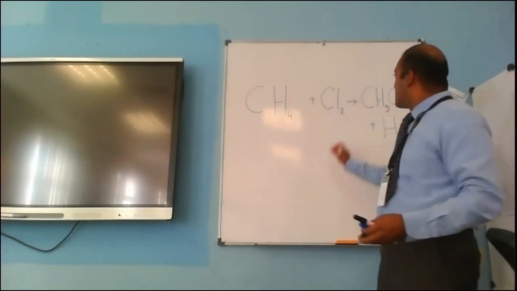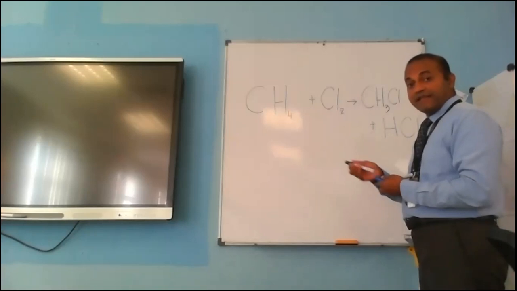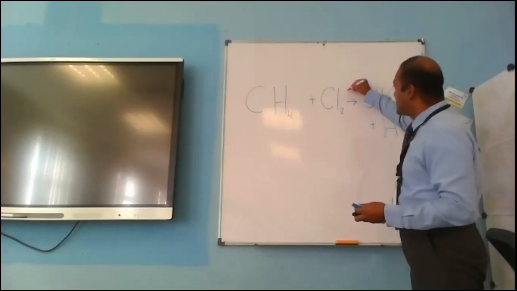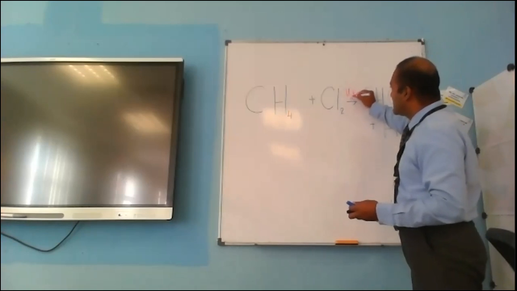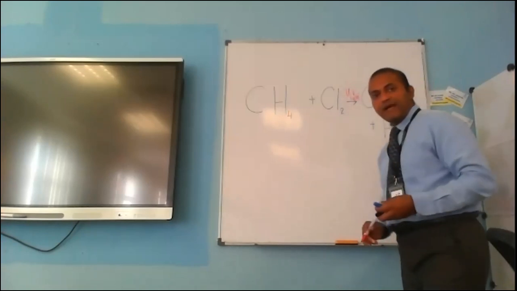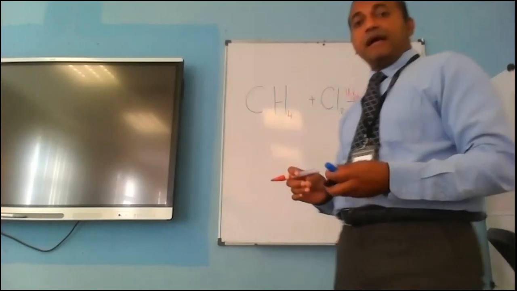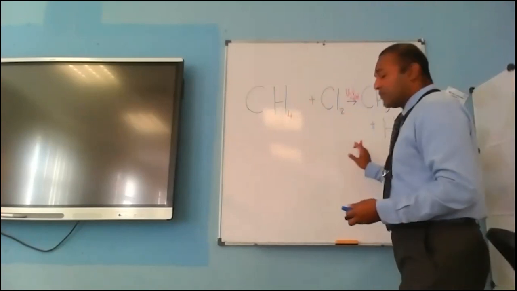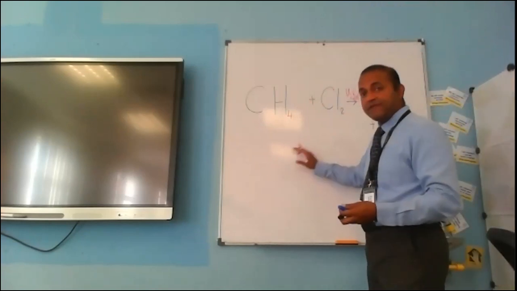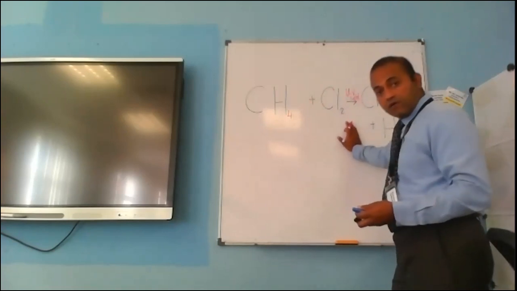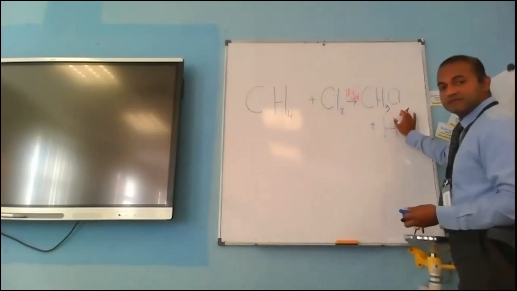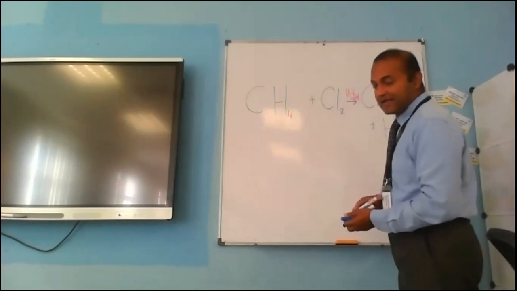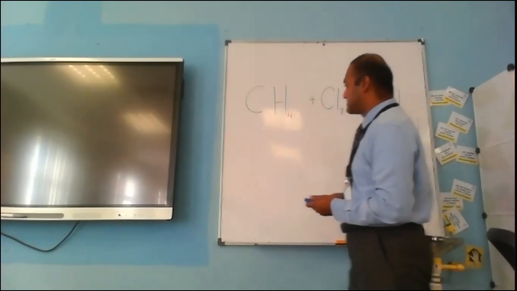Of course, the most important part you need to put here is that this only happens in the presence of UV light. So you need to mention over here UV light. So guys, without UV light, this substitution reaction will not occur. Okay. Now, in another part, if we have more chlorine, this compound chloromethane would again be substituted with another chlorine. An example,